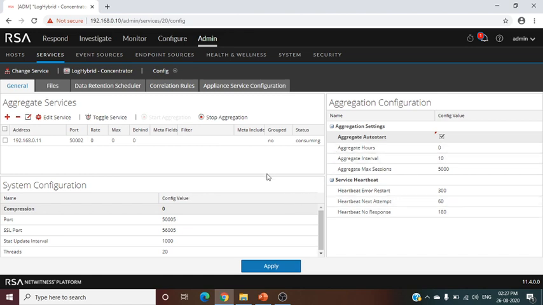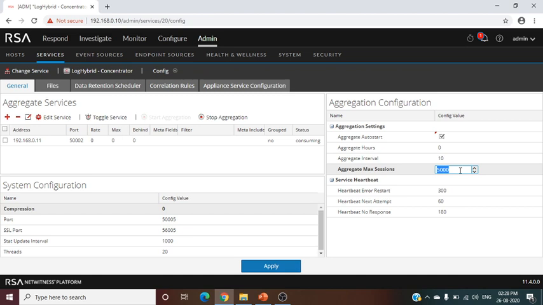So this is the basic configuration we have. The important configuration is aggregate service. We have to add some data source. It's important, and we have to tick mark on auto start and aggregate max session. This is also important. If you see lag behind, if there are a large number of events behind, then you need to increase this value, aggregate max session.